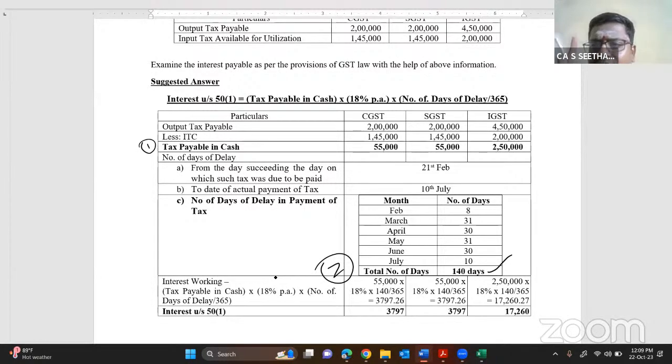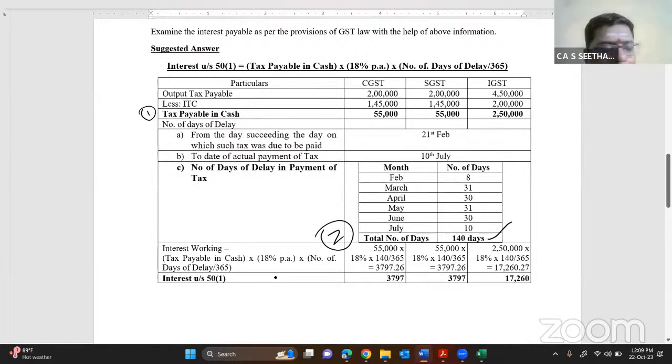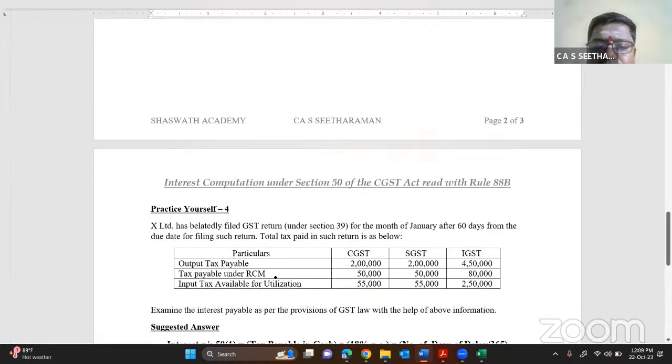Shall we go for one last problem in the interest model? Everybody, are you comfortable? See, I just simulated different permutations and combinations in which you can be asked interest calculation problems. Shall we go for one last model? Here we go. Question number 4, where RCM can be brought into the picture. Go ahead, my dear. Try to solve question number 4. With this, we will go for composition scheme applied, and I will close with the trending problem.